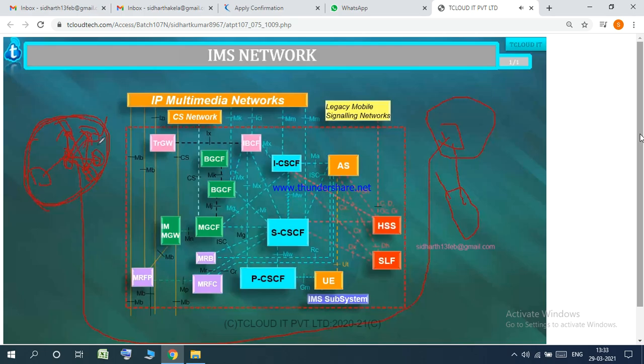Because if you remember your Diameter messages, when a Diameter message is generated, you don't even need to quote your destination host AVP. You might be quoting only destination realm. Destination realm stands for domain. If you have quoted only destination realm,